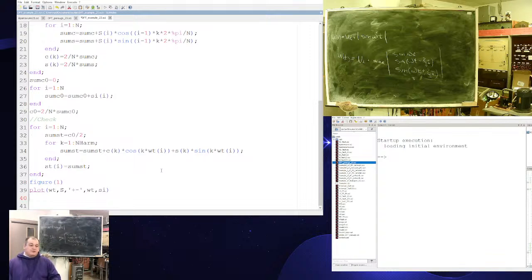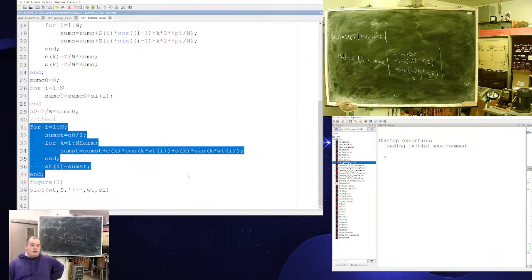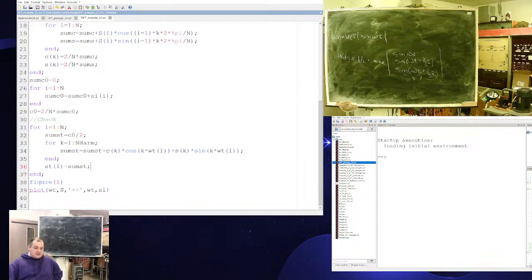So I will create a plot with the original signal and the result of synthesis. This part performs a synthesis backward from the C and S factors I've acquired with the discrete time Fourier transform. This will allow me to check